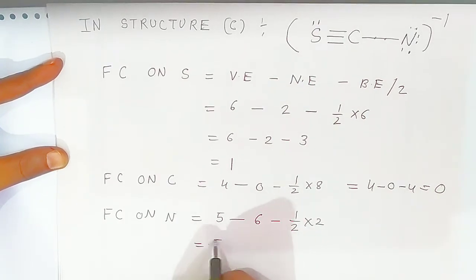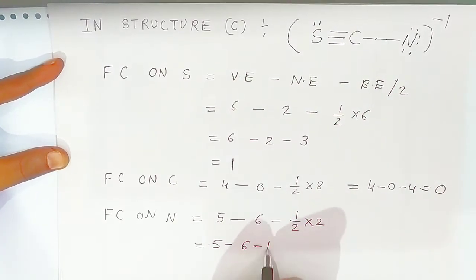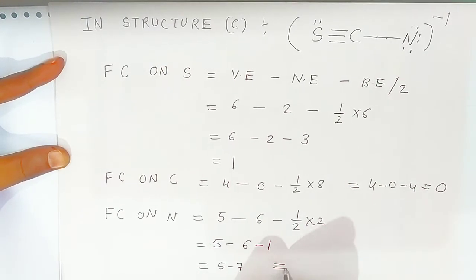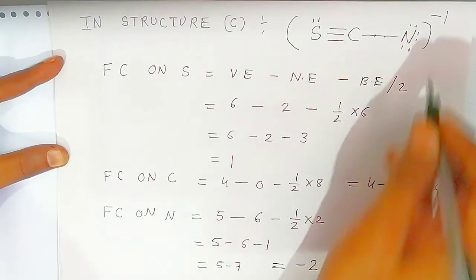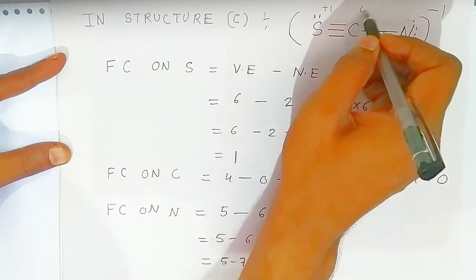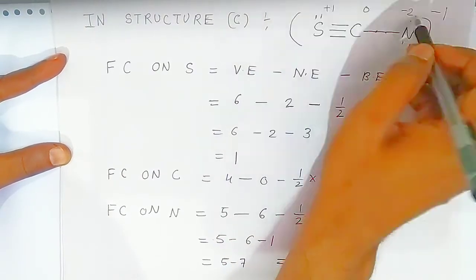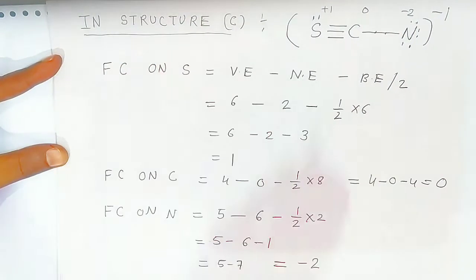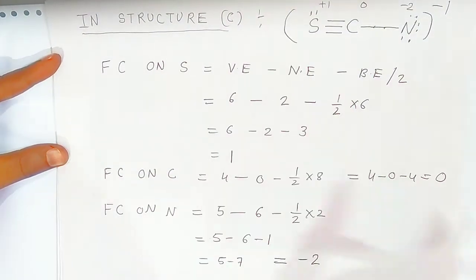Now when you solve this, students, 5 minus 6 minus 1, so here you are getting how much? 5 minus 7, that is minus 2 charge on the nitrogen. So this is having plus 1, 0 charge, and this is having minus 2. When you add all this, you will get minus 1 charge on the molecule. This way, students, you can find out the formal charge on the atom as well as the whole molecule